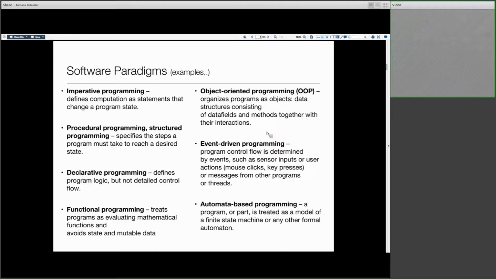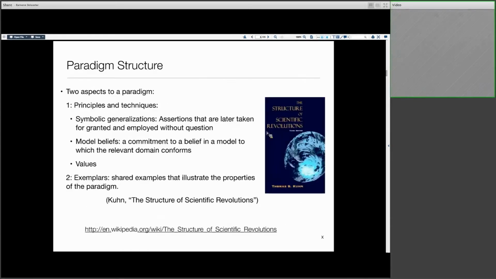These paradigms, though, have a certain structure to them, and it's a structure that was uncovered not just in computing, but in science generally. And this is one of the most influential texts in the history of science and the philosophy of science. It's Thomas Kuhn's Structure of Scientific Revolutions, and it was published many years ago, late 50s, early 60s, I think. And he assessed that, particularly in physics, but also in science generally, paradigms arose periodically as the